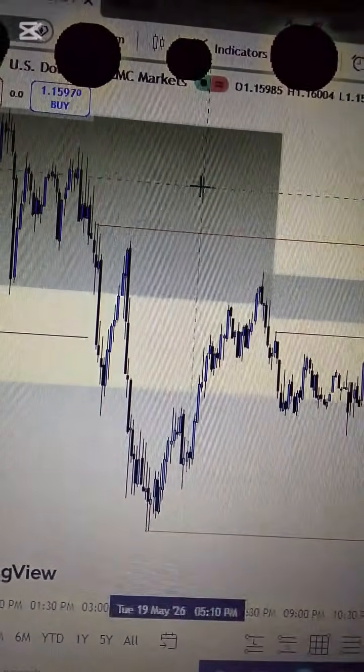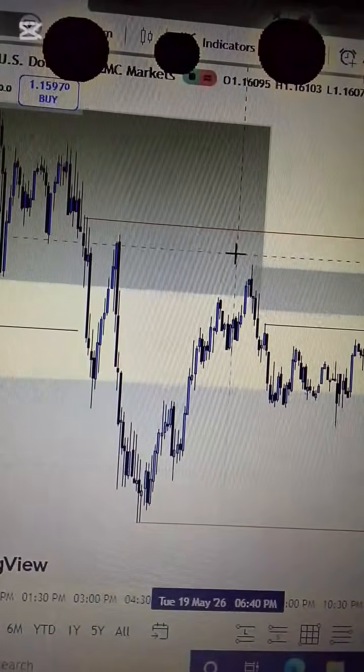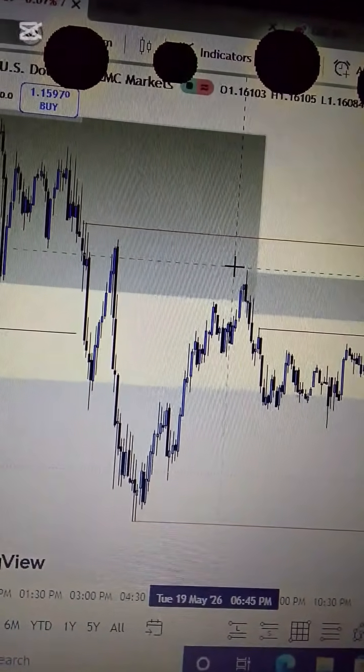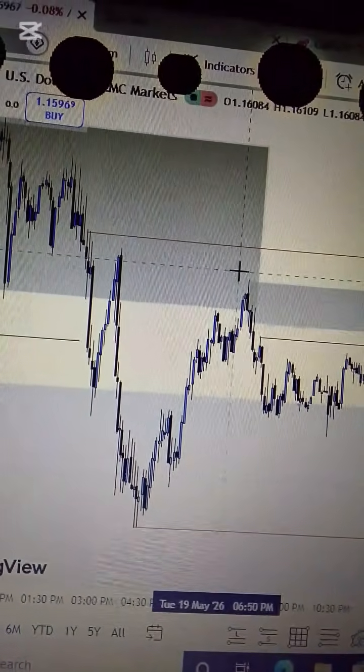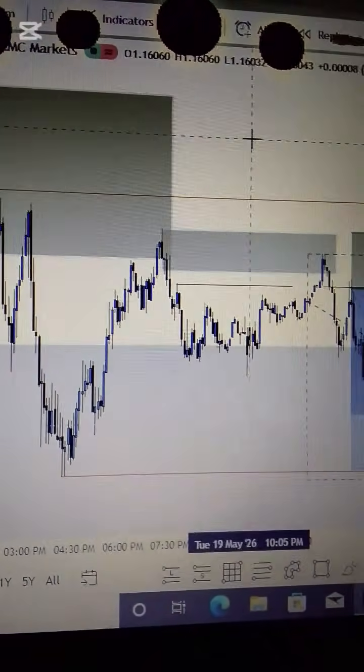This place right here was the 1-hour order block that we had. So we wanted price to come into this order block and create liquidity before we can enter. But if there's no liquidity creation, then we are not going to sell. We are going to wait for the second order block above. So if you check very well, if you check clearly,